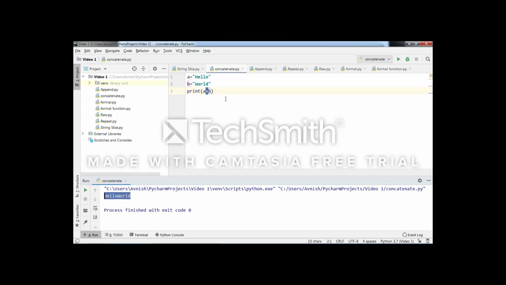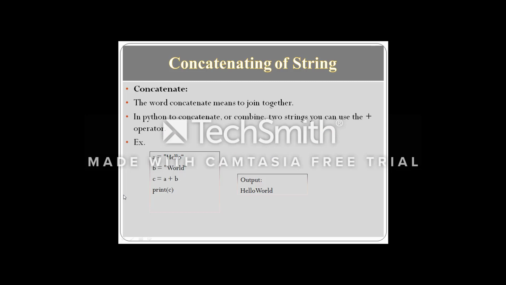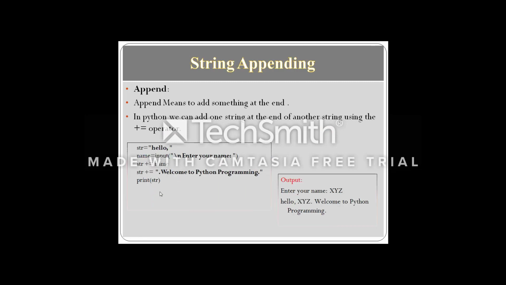That means your two words are concatenated and become one word. In this way, you can use the concatenate operator in your application. Next is string appending. Now append means to add something at the end.